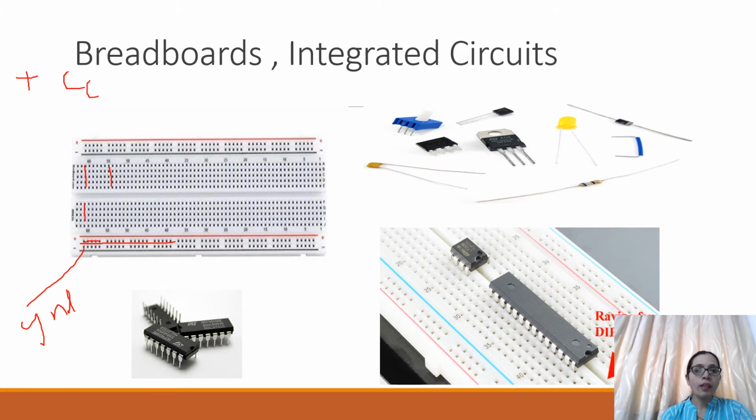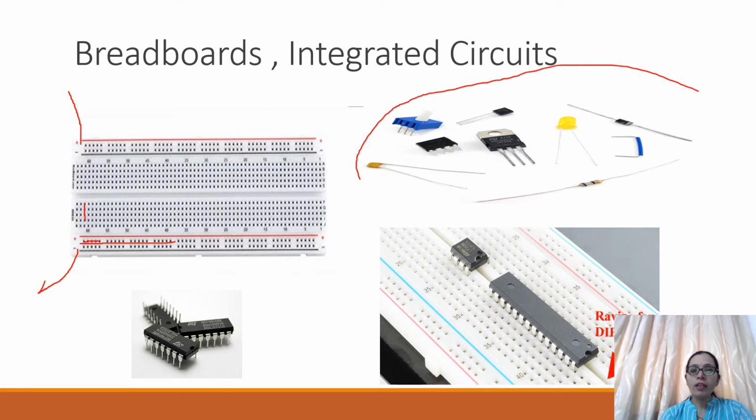That is how you can give VCC and ground supply. Whatever power supply we have seen had two ends, one is ground and one is VCC. So VCC can be given over here and ground can be given over here. Okay, so which are the different additional components that may be mounted on a breadboard? These are the different additional components: capacitors, LEDs, resistors, etc.